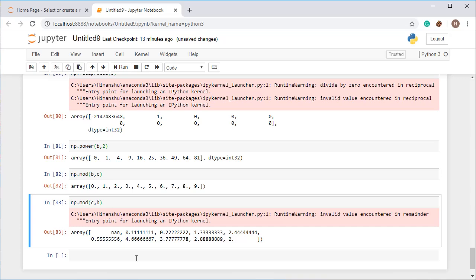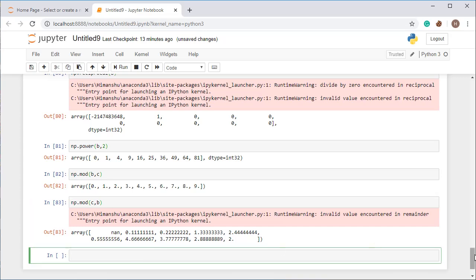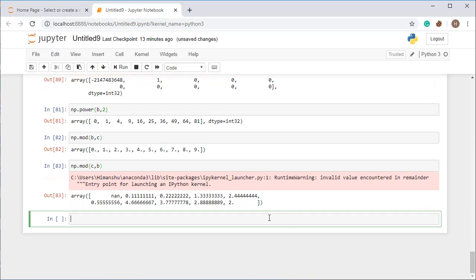Now this is all about the arithmetic operations on NumPy. Now we will move towards some other operations on NumPy, and that is statistical functions. The main functions we use in data analysis are statistical, because we can analyze data based on statistics so that we can make predictions. Without statistics you cannot even imagine analysis. So we will check some statistical functions first, then move on to further operations.